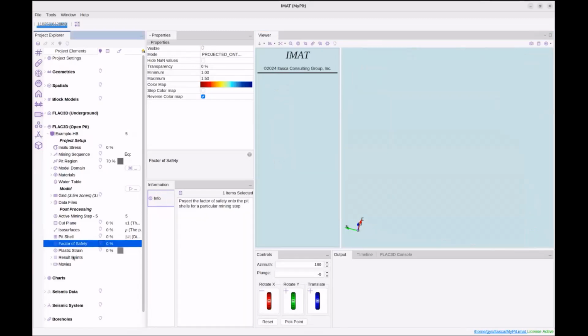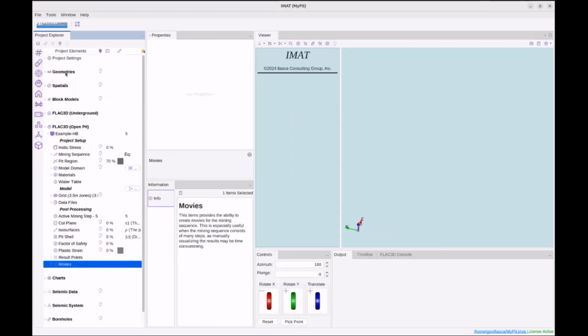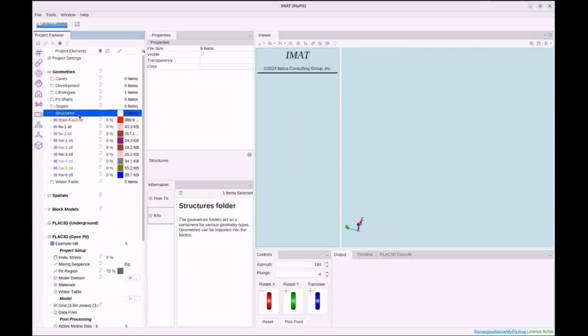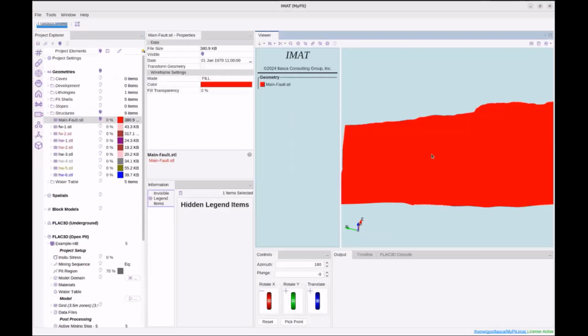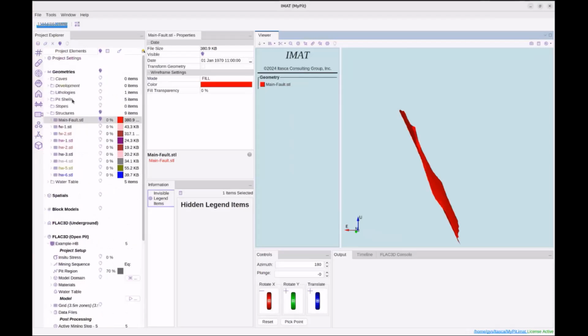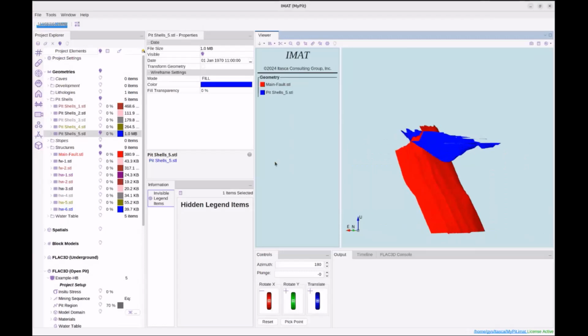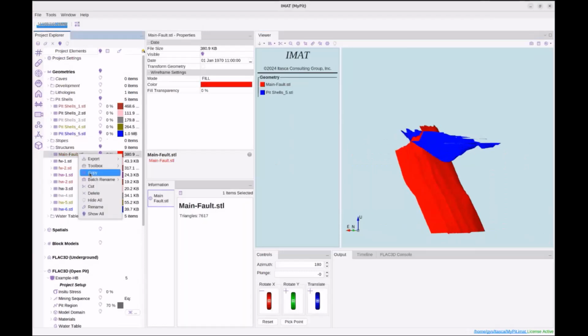So there's 2 more options. We can use the result points option to do some post-processing, as well as movies. So one option that we can do is take some of these structures. There's a main fault that sort of cuts through the pit. Let me just turn on the final pit shell stage again. So you can see it sort of cuts through the pit over there. What we can do is copy this main fault,